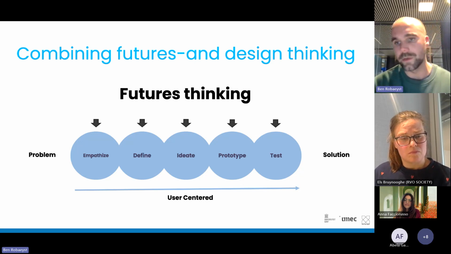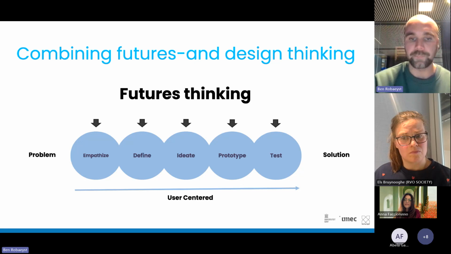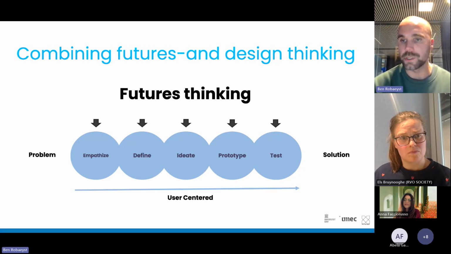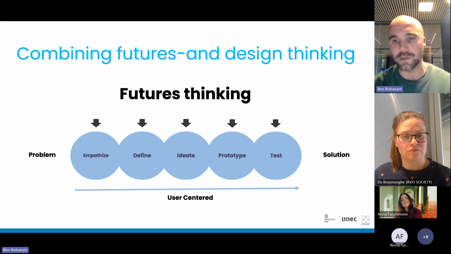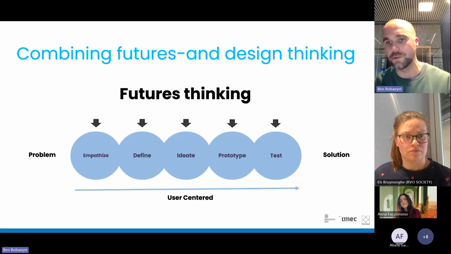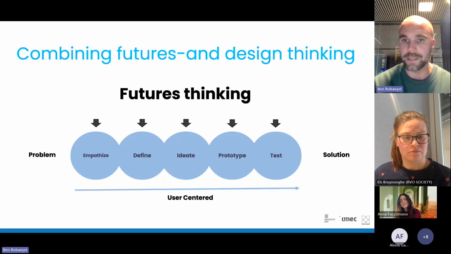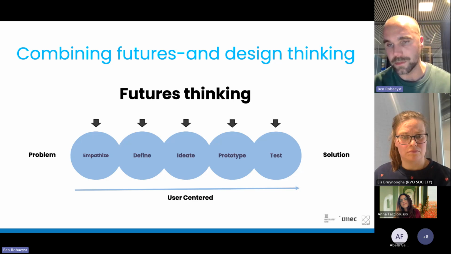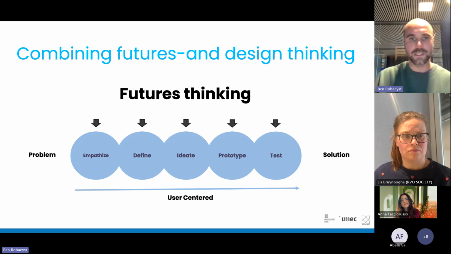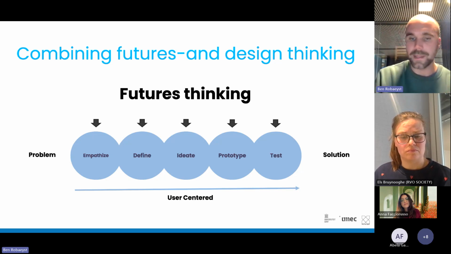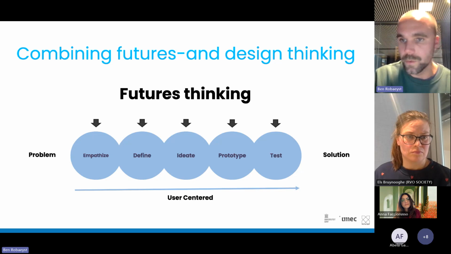When ideating, when looking for solutions, we can think about future solutions that are more future robust or future resilient. For prototyping, we can look at emerging technologies in order to prototype new solutions. And for testing, we can also use the different scenarios or futures thinking in order to make the right decision and to learn as much as possible. So this is how to actually combine them,